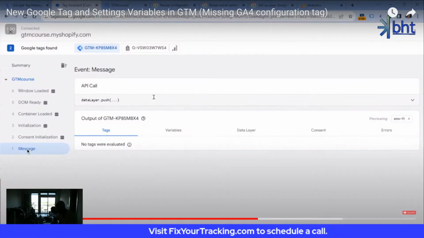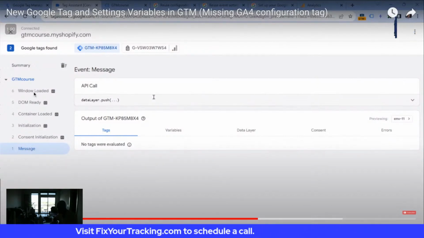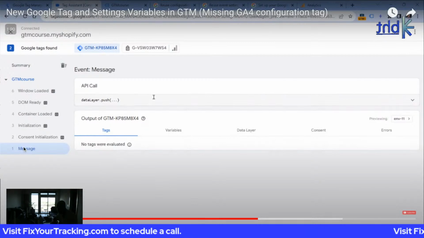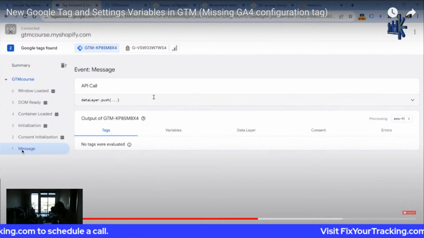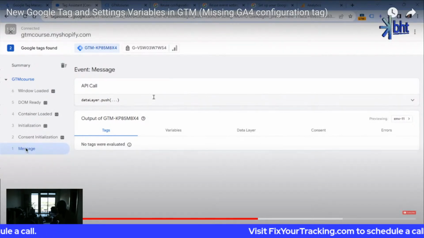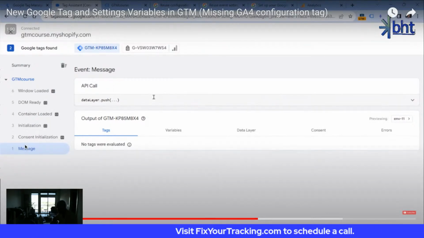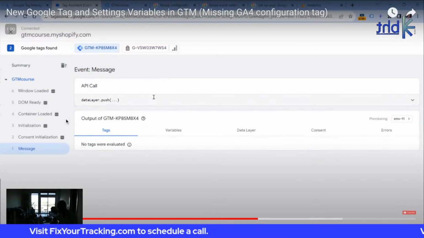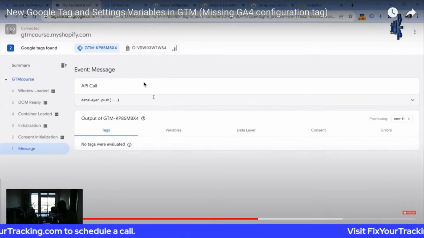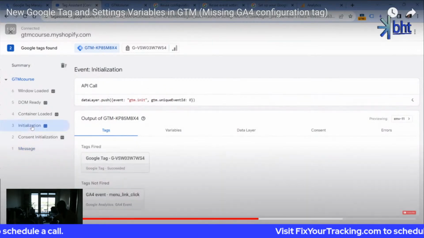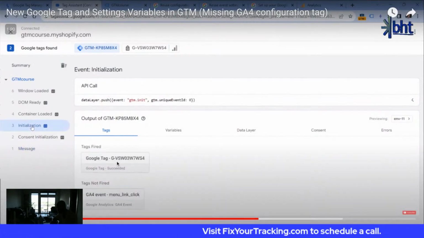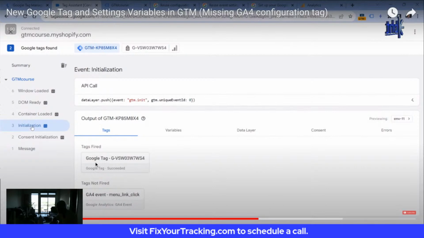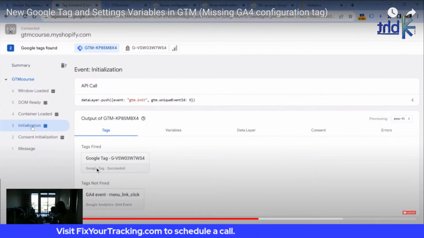This is the first thing that happens when the page loads up. Well, before the window's loaded. The first thing that happens when you visit that page is this data layer push. And that data layer push is used in the initialization action where the tag fires with the page category. And he's going to talk about how you have to essentially refire the tag in order to pull